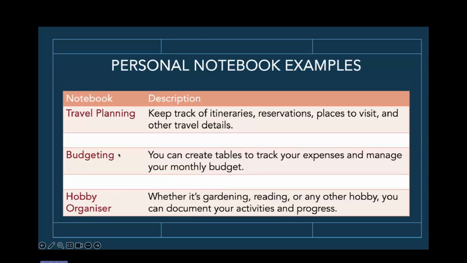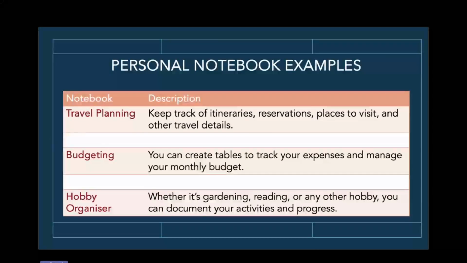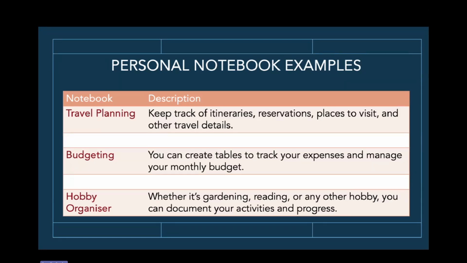Travel planning. You can have a section on traveling. You can have a notebook on traveling. So you can have a section with the date. Because let's say you go and travel somewhere every single year or twice a year. So you can add my winter trip. So many people in South Africa go overseas because it's too cold in winter time, according to them. And then on your pages for that particular trip, you can have all the different countries or cities that you want to visit with all the different sticky notes.